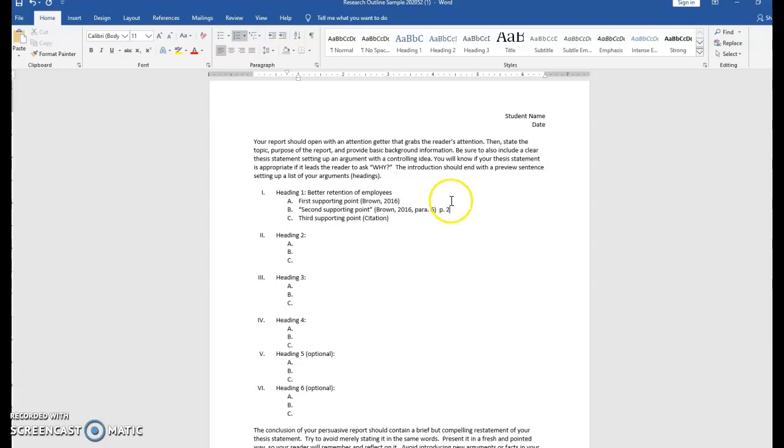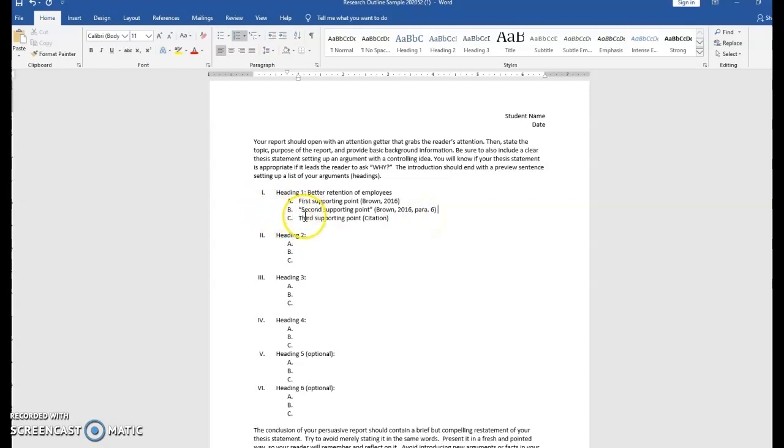But please don't use page number if it's something from the internet or something that is in HTML format and it just says pages 1, 2, 3. You need to know the page in the journal in which it was first published. So generally, you probably will use paragraph.